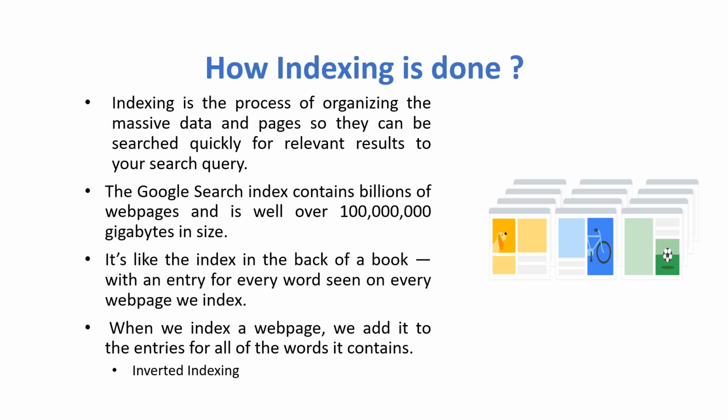Indexing can be thought of like the index we see at the back of every textbook. Imagine a web page containing, let's say, 100 words. For each and every word, an index is built, as visualized in the slide. For each and every word or image, an index is built. Whatever web pages contain that word or image are organized, that is, linked along with this word.